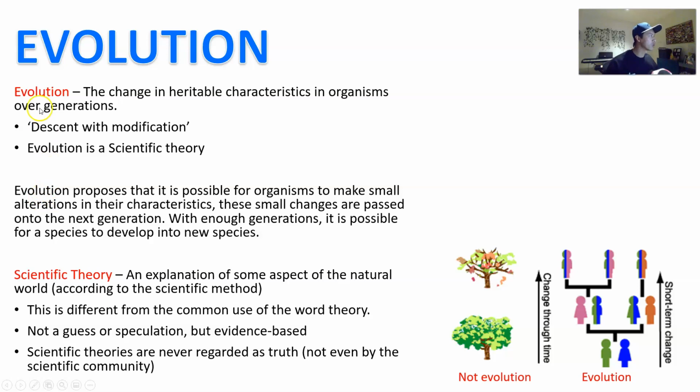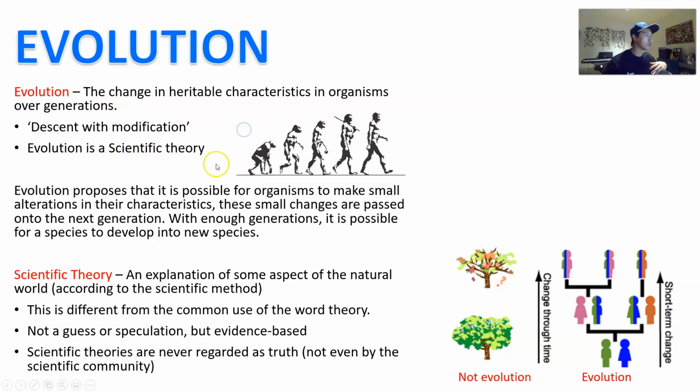So when we talk about evolution, by definition, evolution is the change in heritable characteristics in organisms over generations. And when we think of evolution, we often think of this particular kind of picture where you get the ape turning into the man. It is better to understand it from the perspective of descent with modification. That is not to say it is within the individual's lifetime, but we're talking about every generation having slight changes